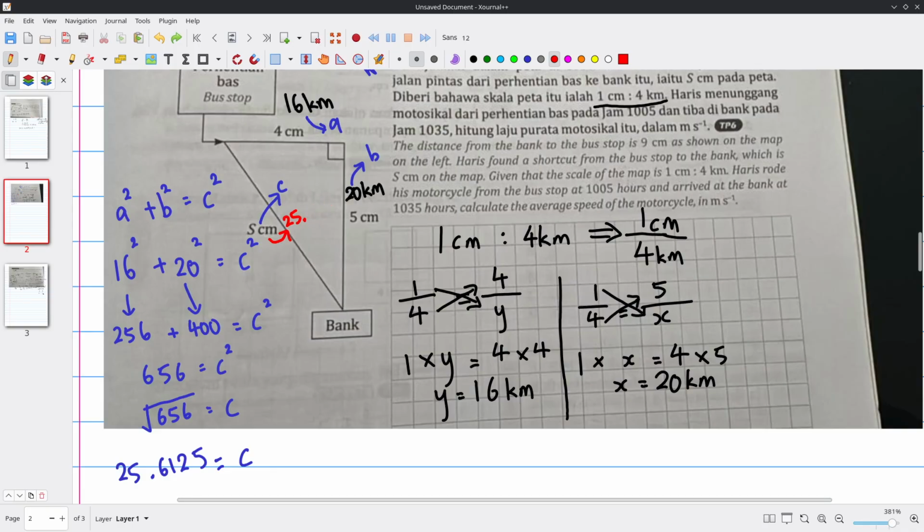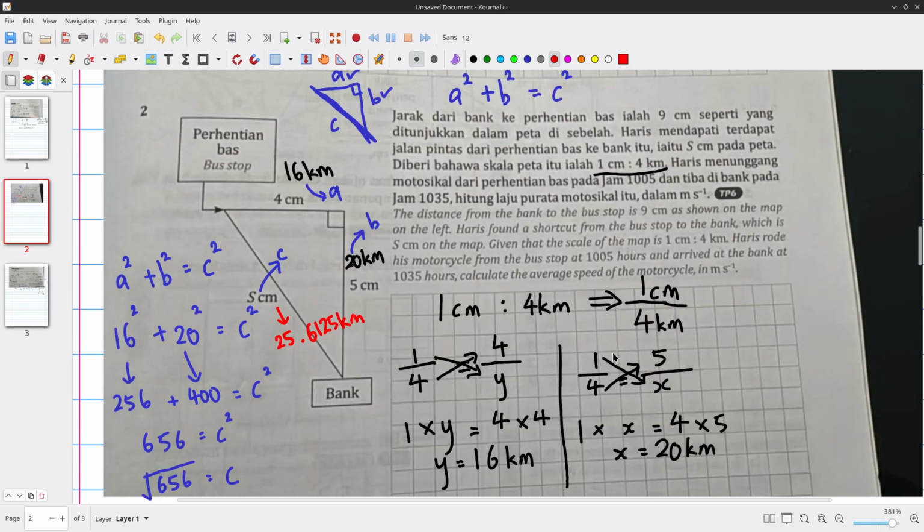Sorry, cikgu tulis tempat lain dulu. Okay, so this one dia akan jadi 25.6125 km lah. Okay, see the difference? Ini yang 16 km, ini yang 20 km, but this one is 25.6125 km lah. Okay, so sampai di sini we are very close to the final answer lah, sebab we have the distance already,